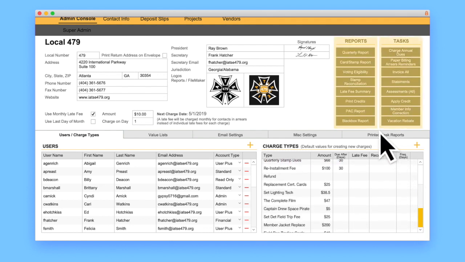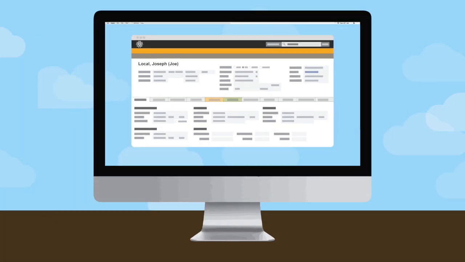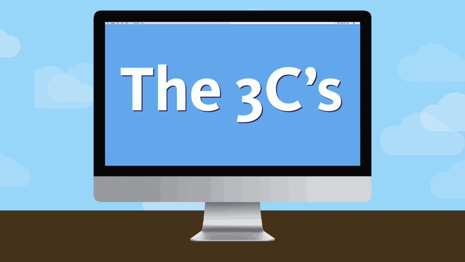There are reports and tasks also located here that local secretaries and treasurers find particularly useful, such as tasks that automatically charge your local's quarterly stamp dues, or can email or print invoices and statements for your entire membership, and much, much more. When deciding if Shadow is right for your local, keep in mind the 3 C's that best